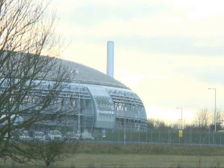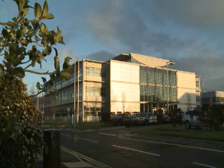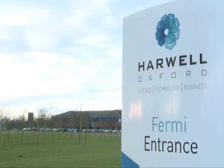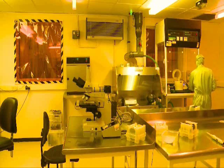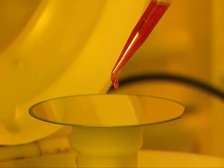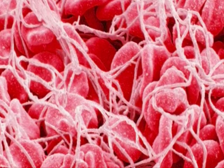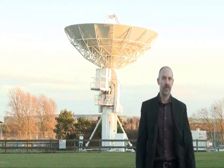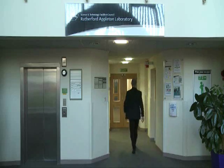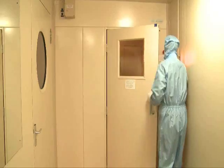Using solid-state technology, originally invented at the UK government's advanced research establishments at Harwell Laboratories, Oxford, Microvisk has developed a totally unique and patented method of directly measuring the actual change in viscosity that occurs when blood clots. It all started even before 2000 through our research at Rutherford Appleton Laboratory. One of the ideas that we had was to turn chips into actually movable,